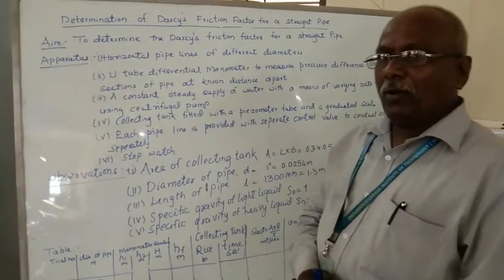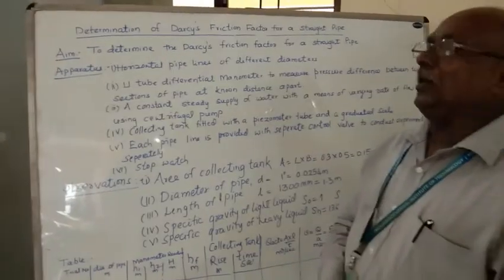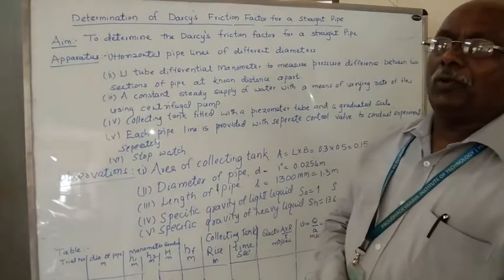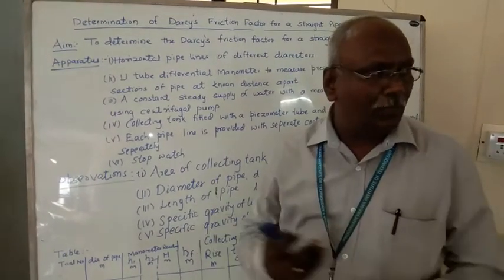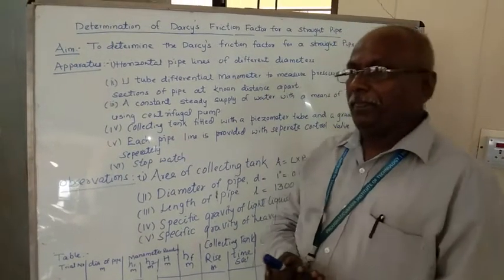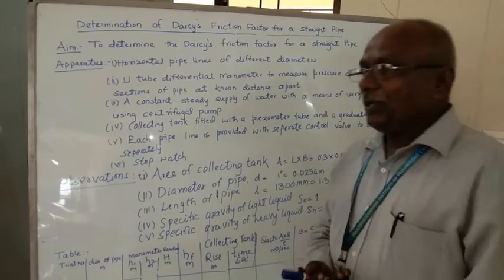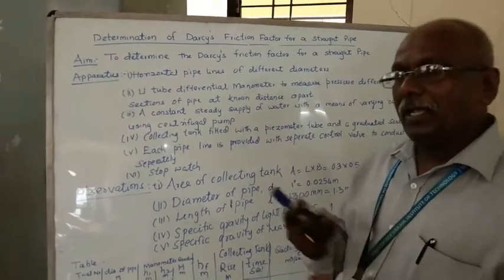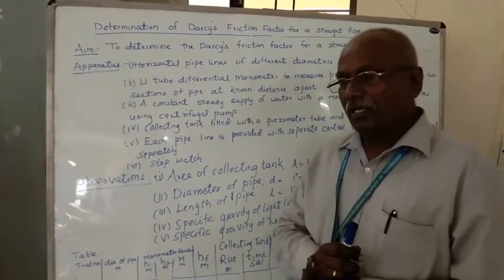While moving from the main or sub-main or branches, there will be a loss of head due to the different accessories such as bends, elbows, and so many fittings. Because of such fittings there will be loss of head. Some of them are major losses and some of them are minor losses.